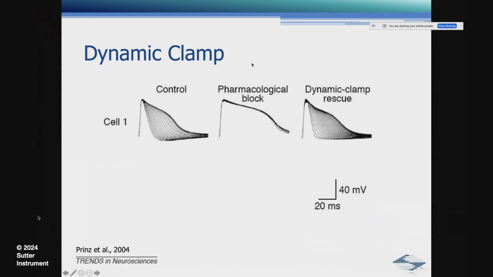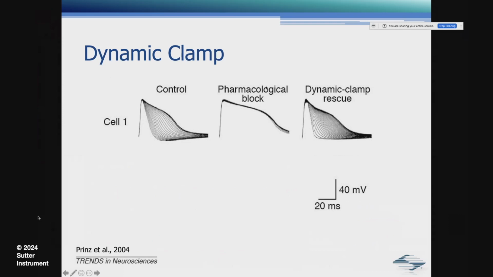Here is one example from Astrid Prinz et al. showing action potentials from an aplysia neuron during a spike train. The initially relatively short action potential gets longer in the control conditions, and then this effect can be blocked pharmacologically by blocking two types of potassium channels, IA and a delayed rectifier potassium channel.